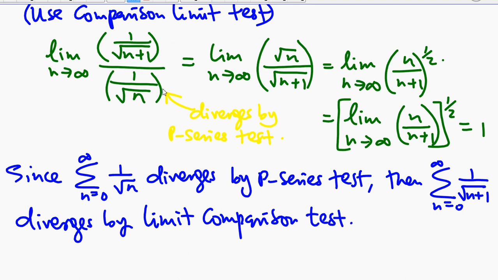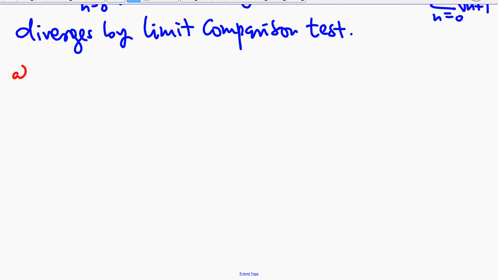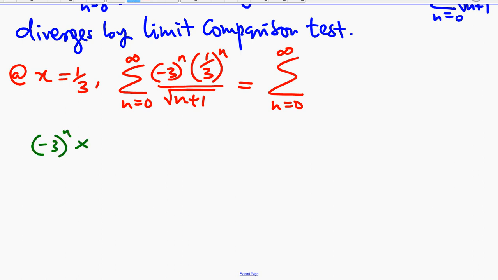Okay. All right. So let's move on to the next point. So that was at x is equal to negative a third. At x is equal to a third, let's see what happens. Our series will be given by negative 3 to power n, because I'm just plugging a third in place of x. And this will be equal to, if you simplify that, now just for information, negative 3 to power n multiplied by a third to power n,